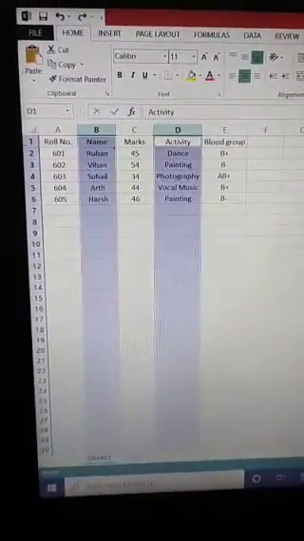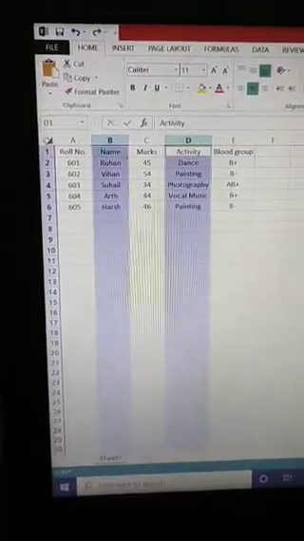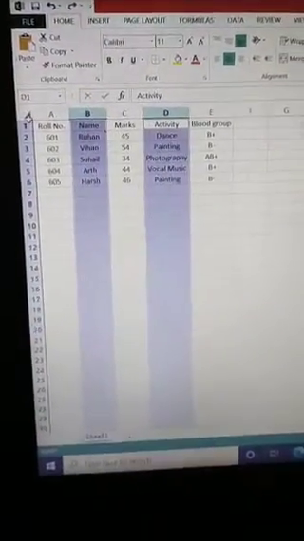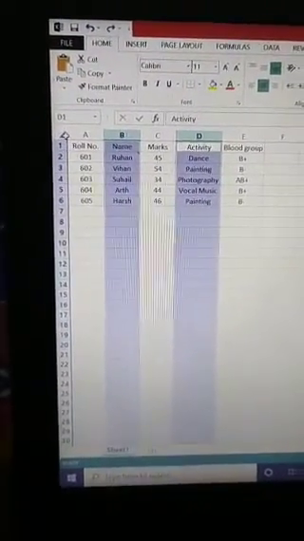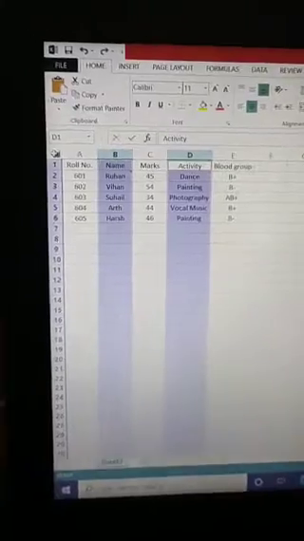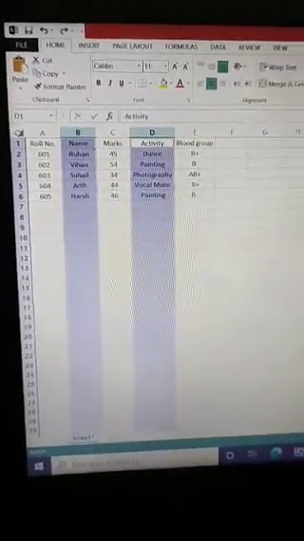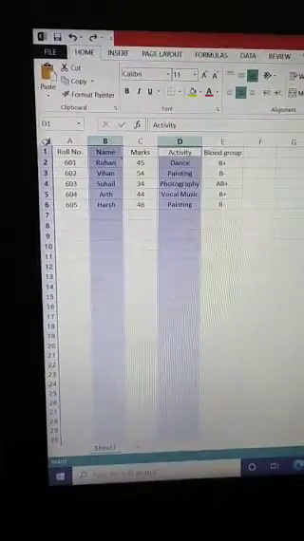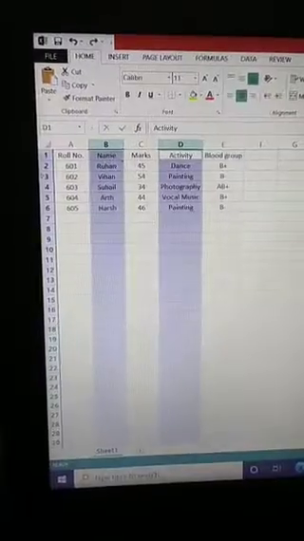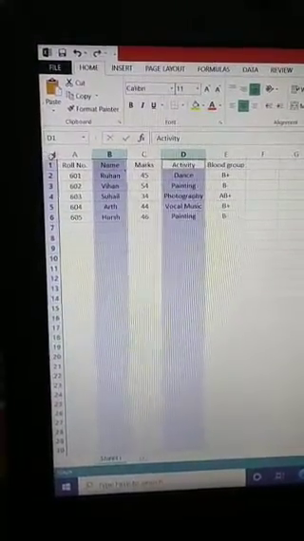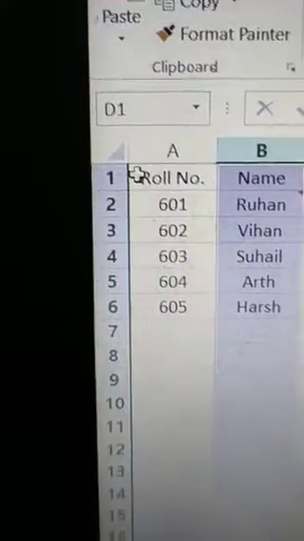I can also select the entire worksheet. How can I select the entire worksheet? To select the entire worksheet, I have to click the select all button, the blank button. What is the blank button? It is this blank button. When I click on this blank button, you can see that the entire worksheet has been selected.